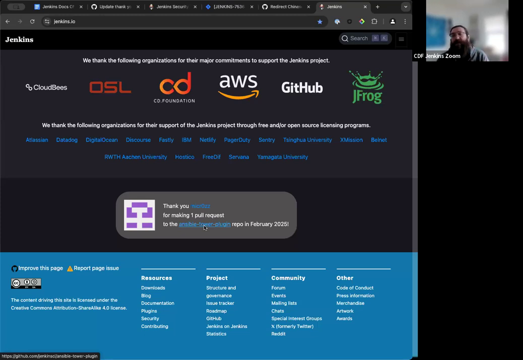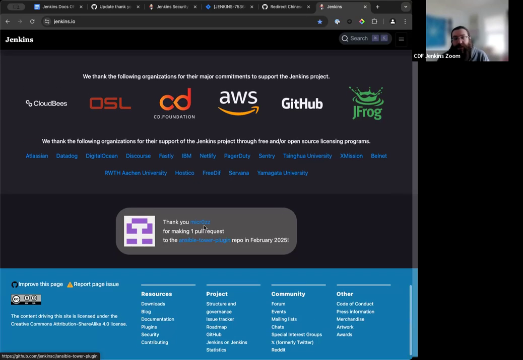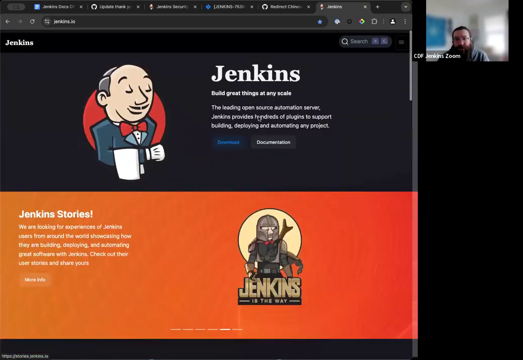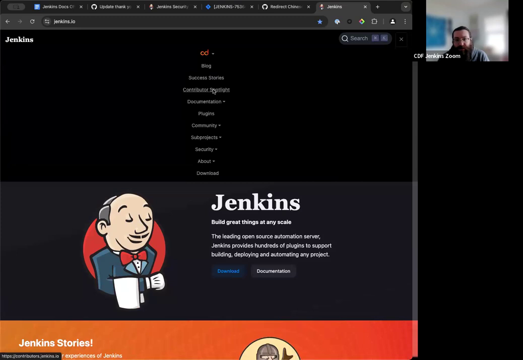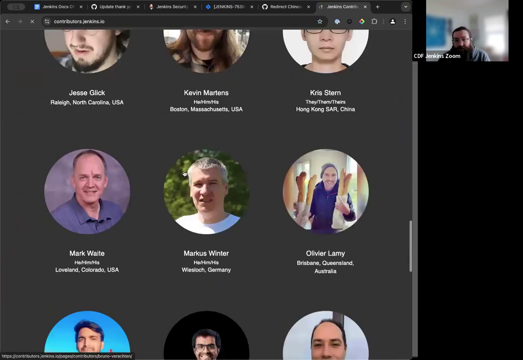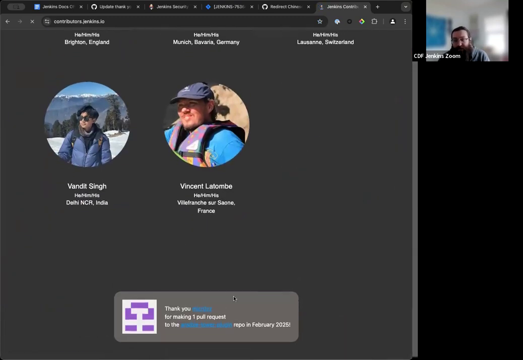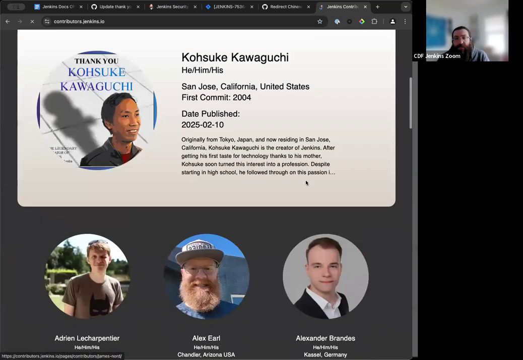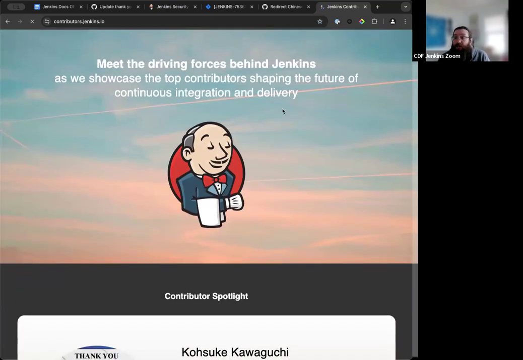So it's looking at all pull requests, all parts of the Jenkins CI organization, everything. We're showcasing our appreciation and thanks in more and more ways, which is really great to see. We've also got that implemented in the contributor spotlight at the bottom of that page.